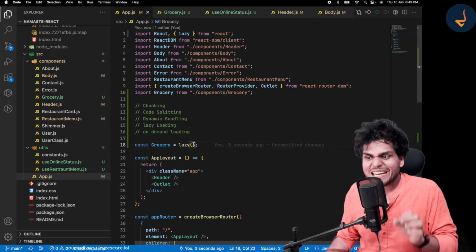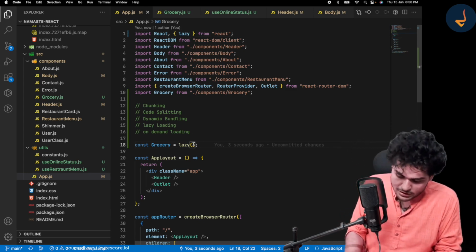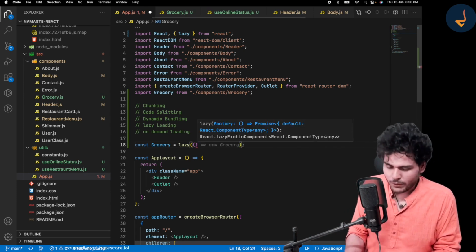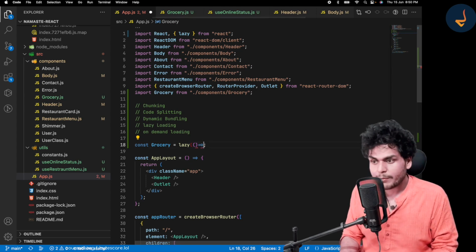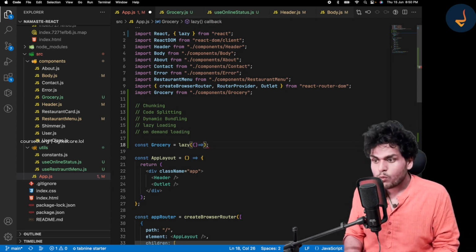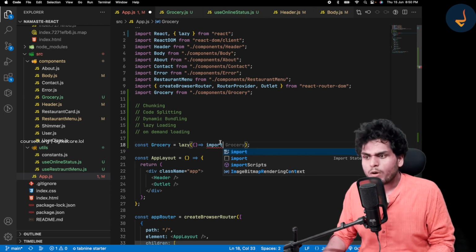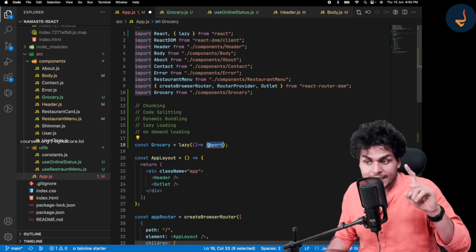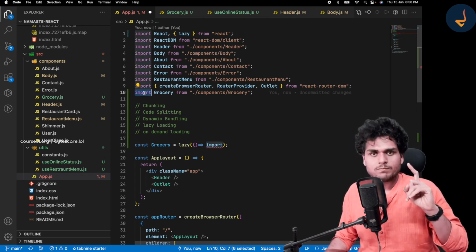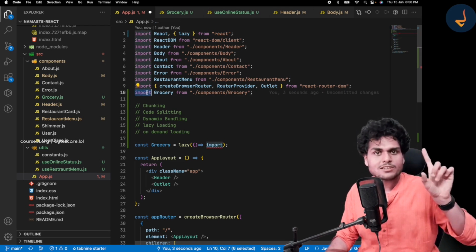Now we will lazy load it. And how do I do that? This lazy takes a callback function. Now this callback function, remember the syntax? Over here I can write my import. What is this import? This import is not the import we normally use.